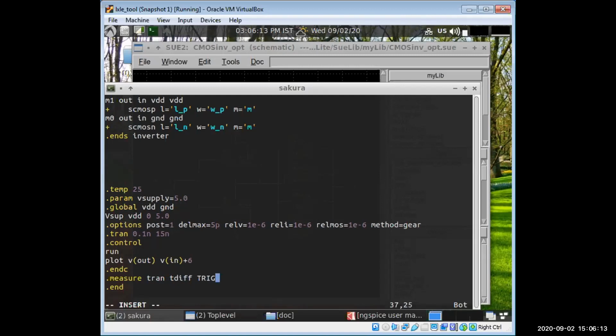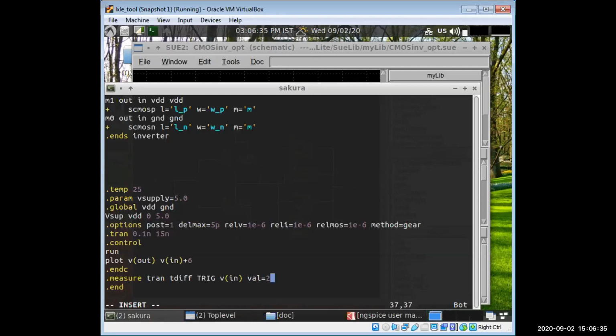for the first rise which we are getting in the graph. So trig, then V in. V in means we are going to measure at 50% of the input voltage. So that's why we are writing trig, then V in, and then the value.